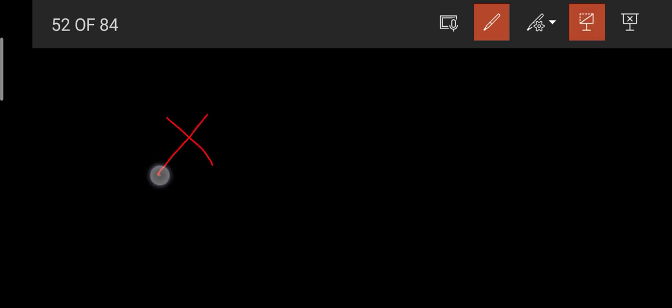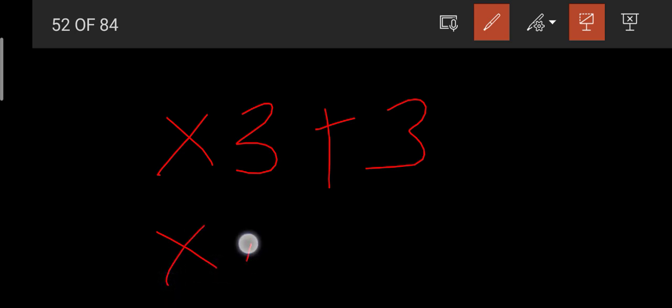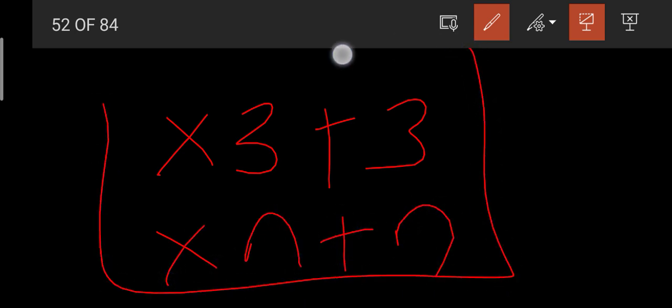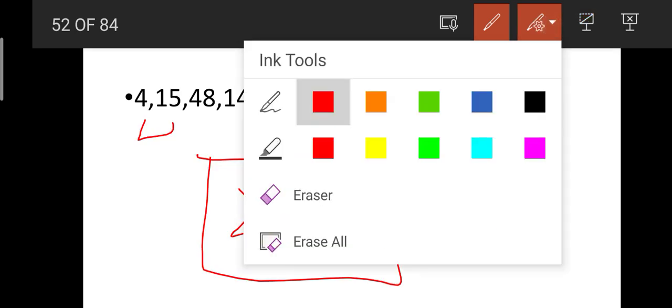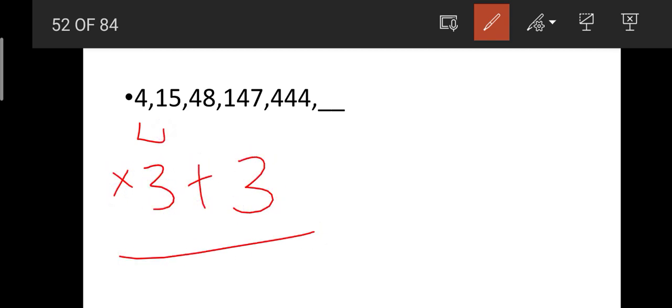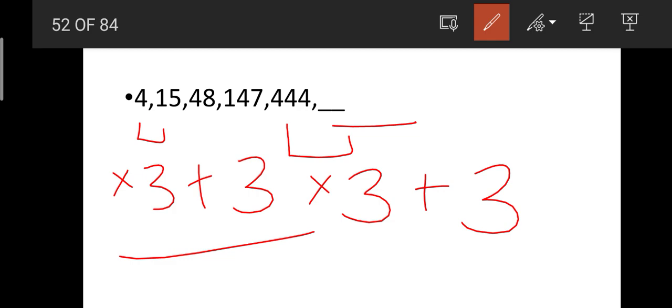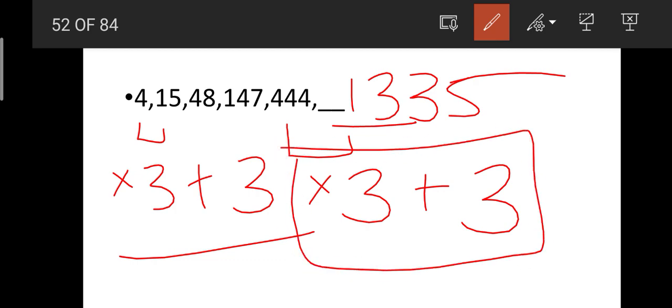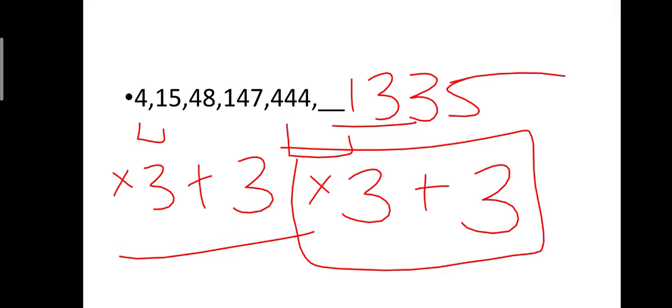The logic here is into 3 plus 3, nothing but into n plus n. We have discussed this model in our previous questions. I hope you have got this answer already. They are just multiplying the number with 3 and then adding the number 3. To get our answer we should multiply 444 with 3 and then we should add 3. Then our answer will be 1335. I hope you have got the answer here very quickly. If you have known the logic, it will be a very easy question. Okay friends, now we will move to our next question,